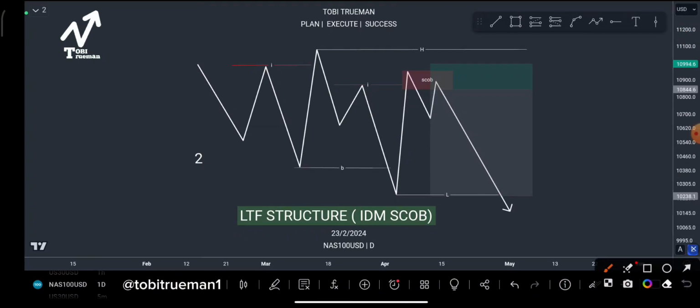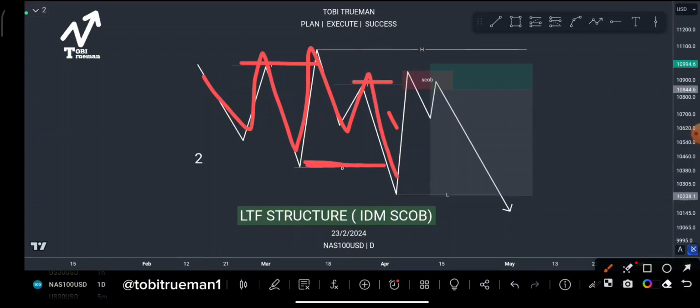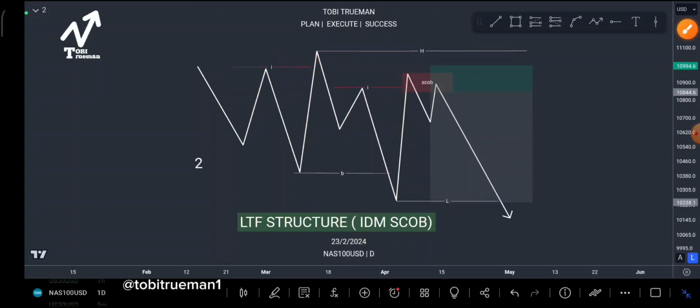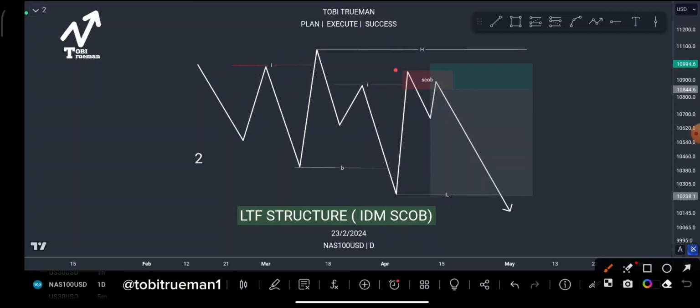That's inducement that happened after price took out inducement. We can now see that price gave us a single candle order block. This is break of structure, inducement taken, break of structure. Now inducement has been taken at this point. After that inducement, we now have this one called single candle order block, whereby price will give us like